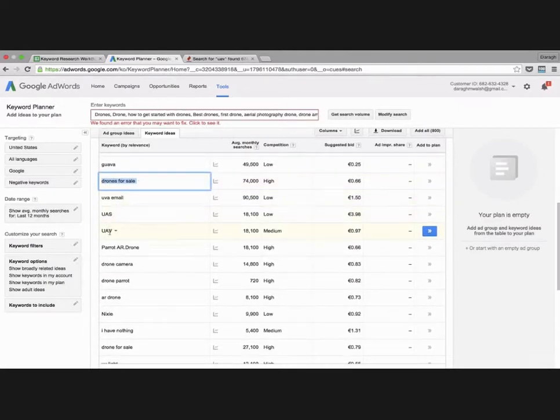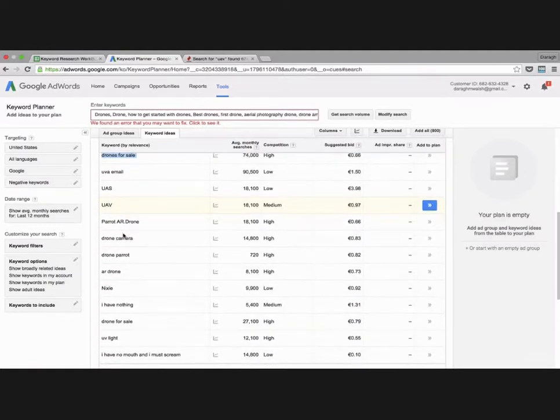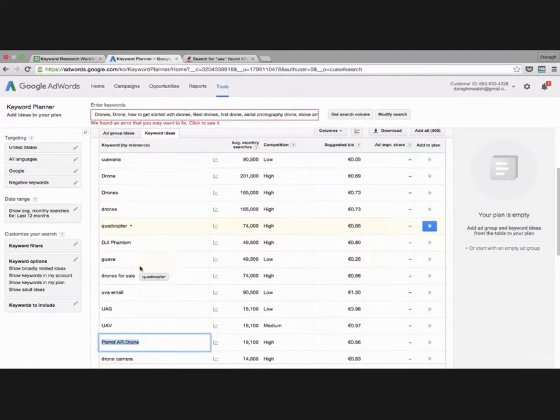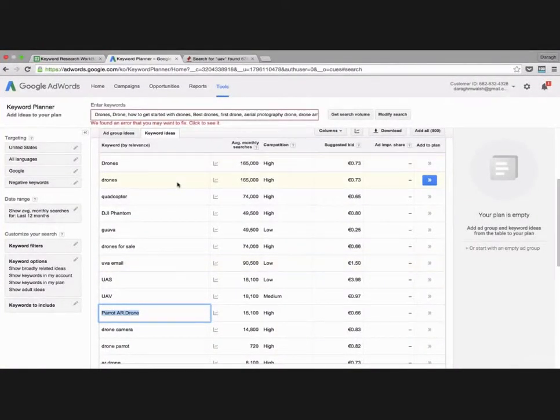Similarly, UAV, as we saw, this is maybe a different category of drones, so obviously the person knows a little bit more about drones. Parrot AOR drone, someone obviously knows, if they're typing this into Google, maybe this is the best type of drone, and they're very interested in maybe buying this drone or getting more information about it. So that's the first thing. We want to look at the keyword itself and really the intention behind somebody if they type that into Google, and we want to pick the keywords that will maybe result in much higher conversions,